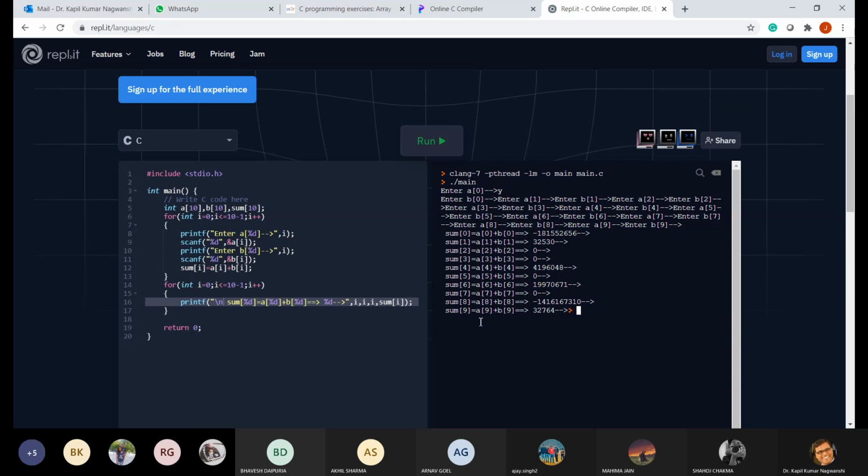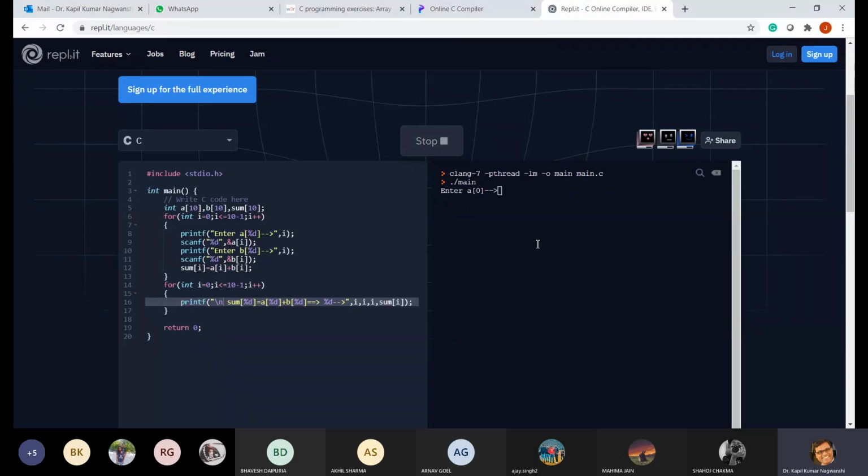Fine. So this I want sum[0] equals a[0] plus b[0], sum[1] equals a[1]. This is actually a garbage value. Let me write the program once again, run the program once again.